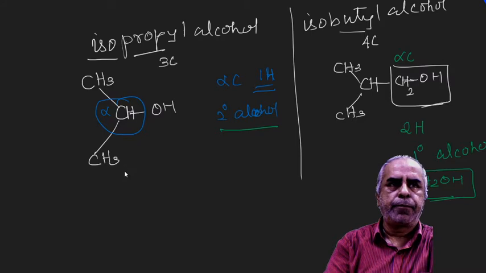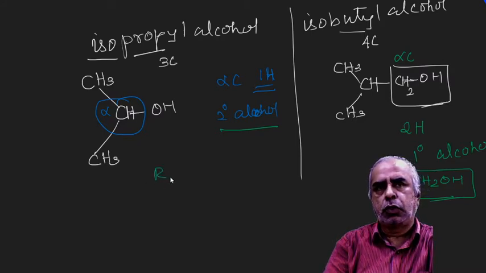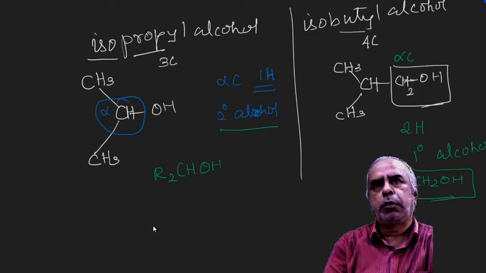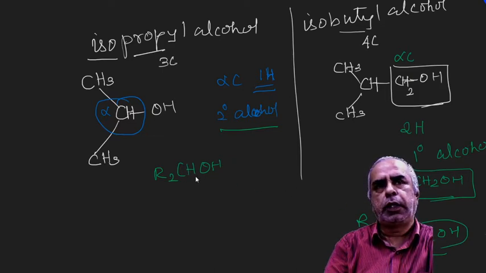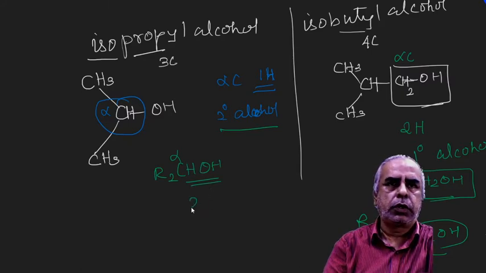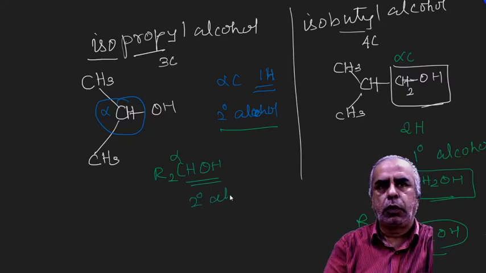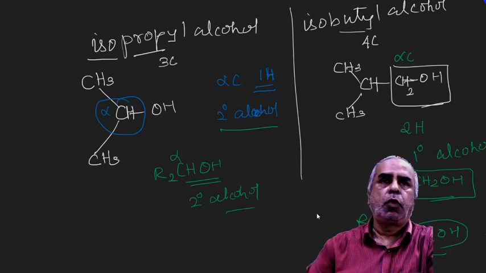Here this is R2CHOH. Are you able to follow? So this can also be represented by R, C, R, and then H, then CH2OH. Right? So it is primary alcohol. Whereas here you have CHOH. The alpha carbon has only one hydrogen atom, so it is called secondary alcohol. Do you understand? Right. Now let me give you one more structure also.